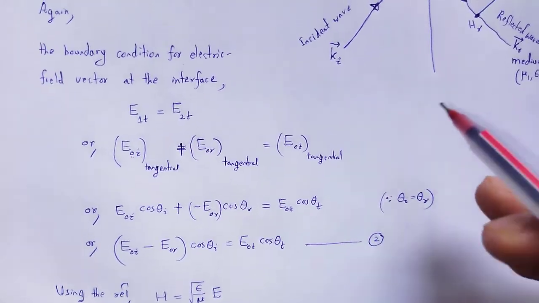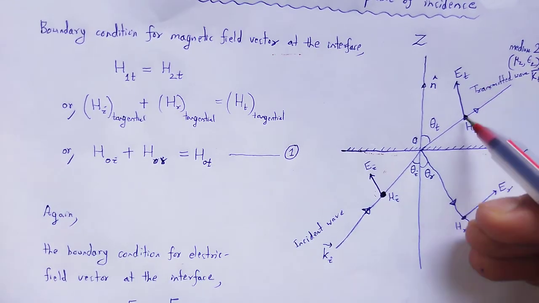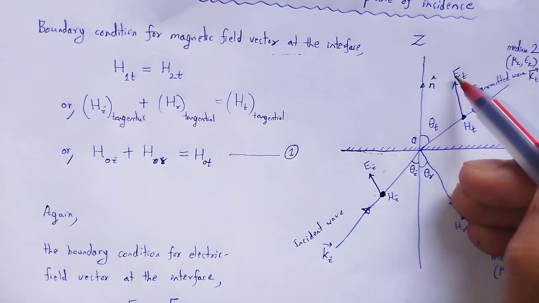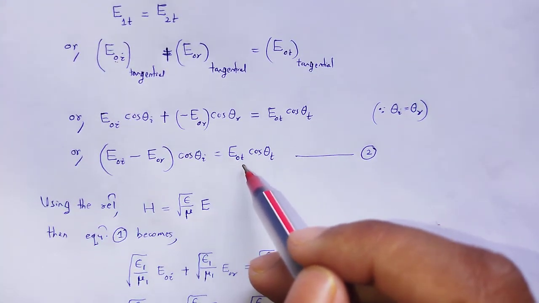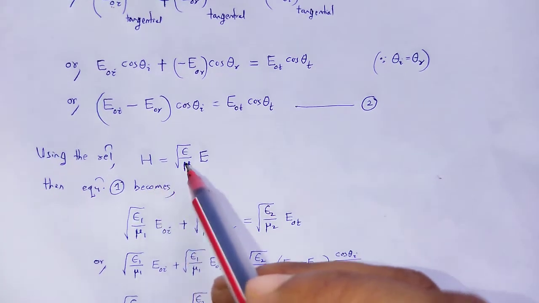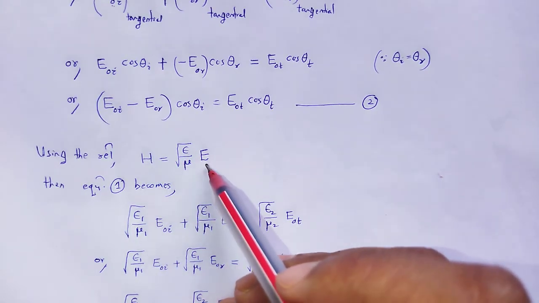Similarly, for the transmitted wave, the tangential component is EOT cos theta T. Using the relation H is equal to the square root of epsilon by mu times E,